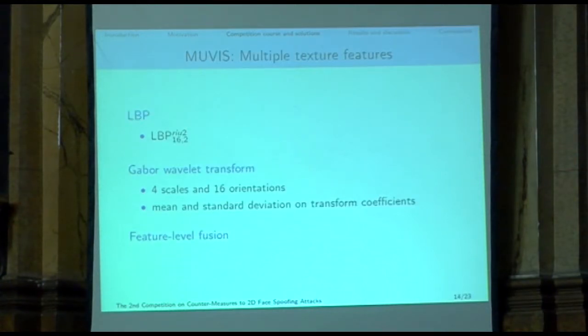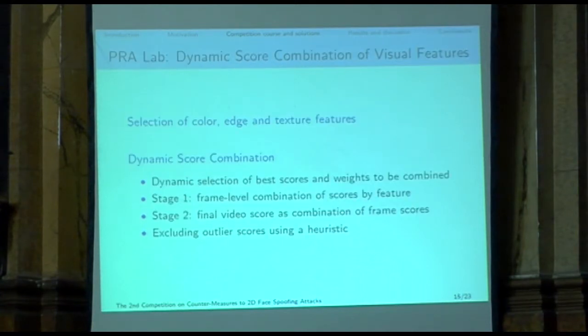The Movies team are extracting only texture features, but two types of texture features, LBPs and Gabor wavelet transform, and again they're fusing them at feature level. The team from Pralab are also extracting features from single frames, so from static frames. So they extract texture features, but besides they're extracting color and edge features, and then they're using dynamic score combination